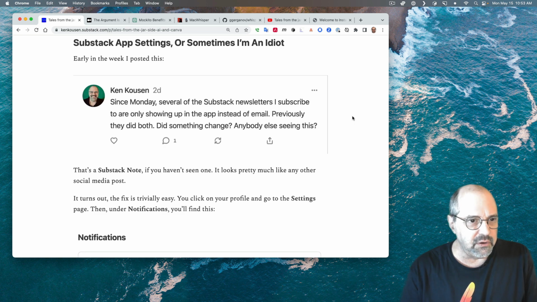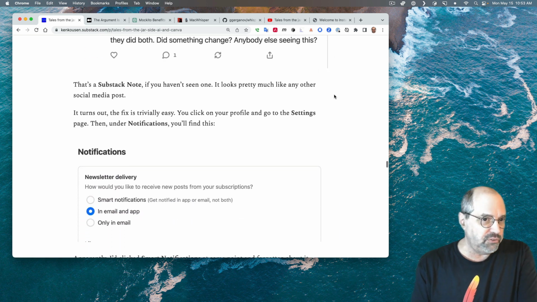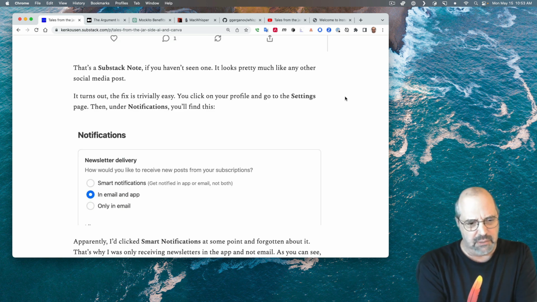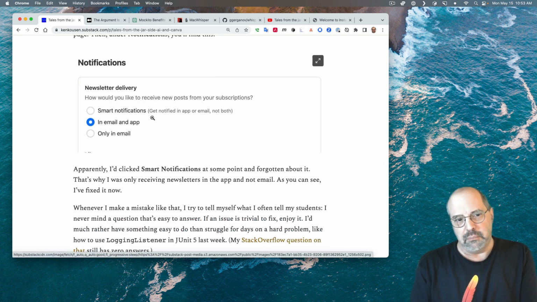And what I found, I posted this note, if you will. Since Monday, several of the Substack newsletters I subscribe to are only showing up in the app instead of email. Previously, they did both. Did something change? Is anybody else seeing this? And I posted it. One person said, yeah, I'm seeing that same behavior too, not sure what to do about it. And finally, somebody pointed out, just go to the settings and under notifications, there's a little button that says